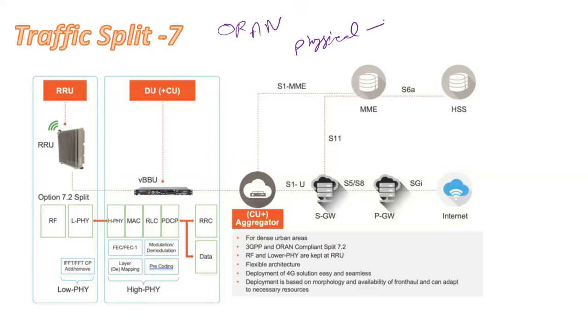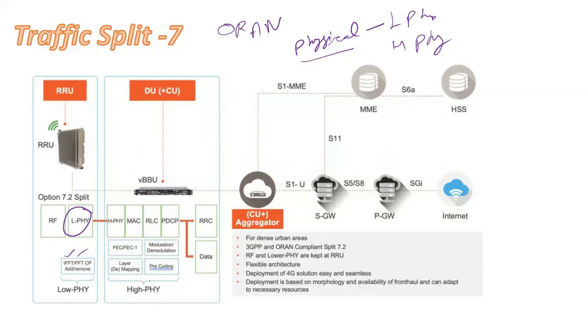So now we have divided the physical layer into two parts. One is the low physical layer and one is the high physical layer. Some parts which are real time are near to the sites, like IFFT, FFT, and these kinds of functions, right? But some functions which are not required on the site can be put in the BBU or in the DU or in the combination of DU and CU. That can be FEC, forward error correction, modulation, demodulation, all these things, right? So this is the ideal option for the RAN deployment for open RAN, right?